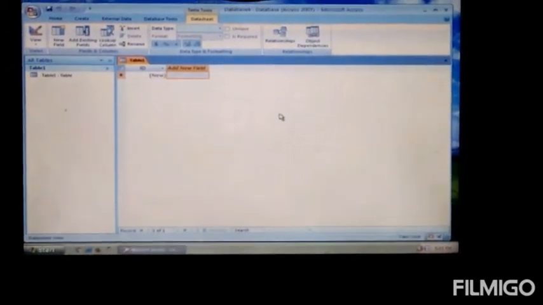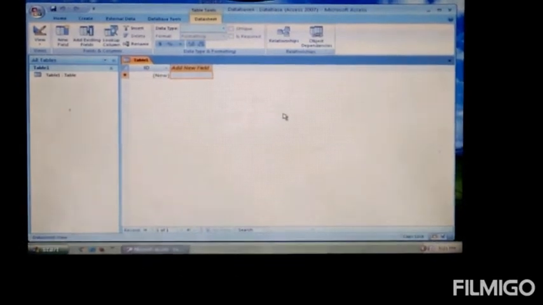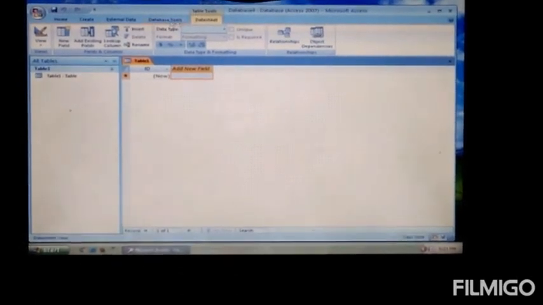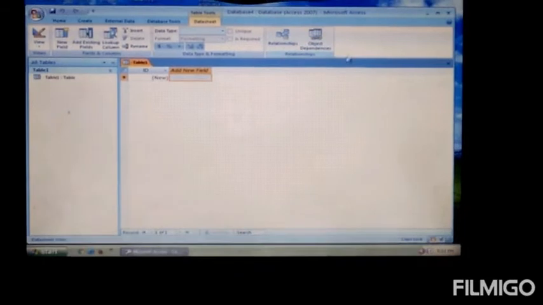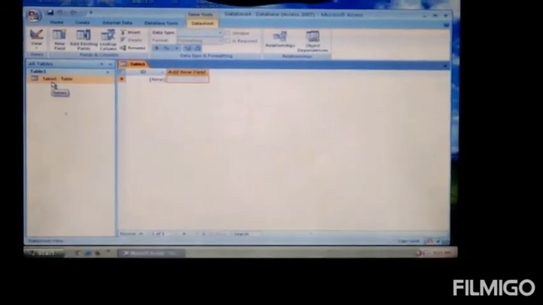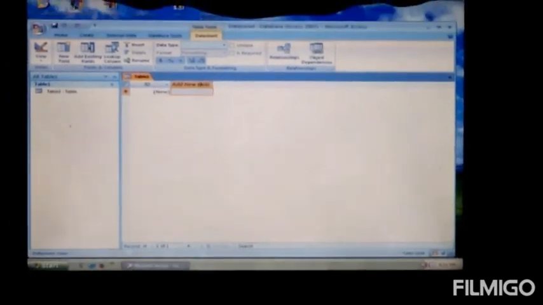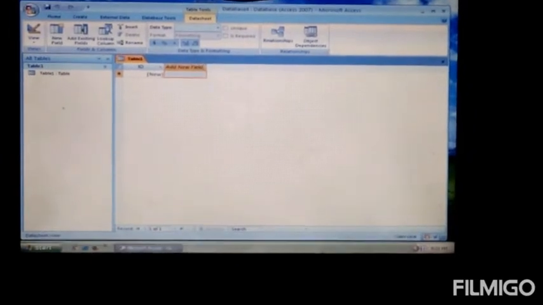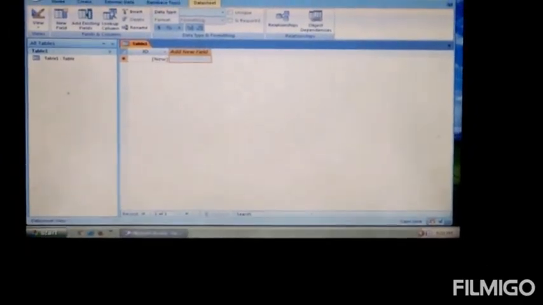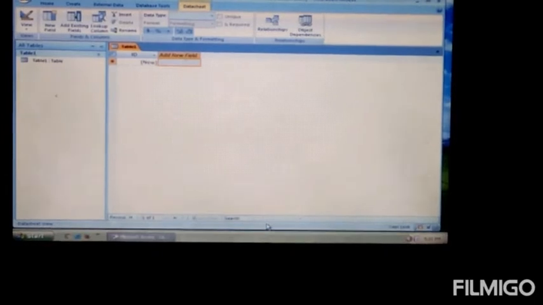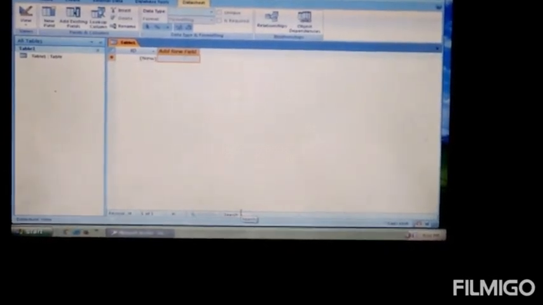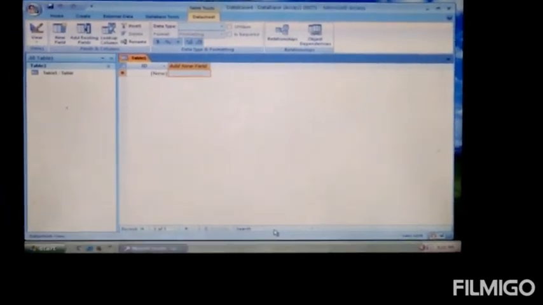Now we will discuss the components of MS Access. This is the title bar. This is the menu bar. These are the ribbons. This is the navigation pane, which shows the tables and queries you have created. This is the tabbed bar. This is the taskbar. This is the status bar. And this is the navigation button. You can search the content of any object.